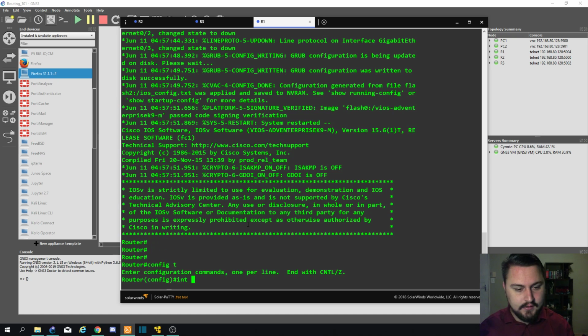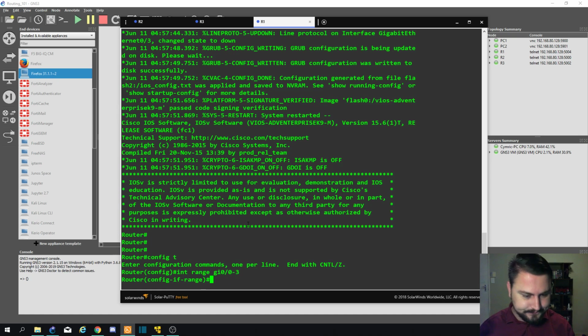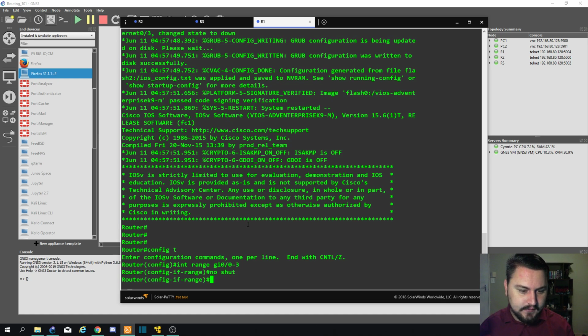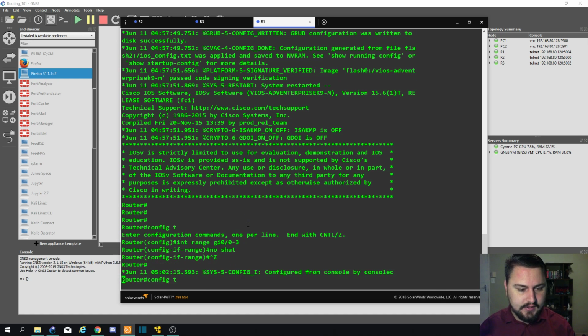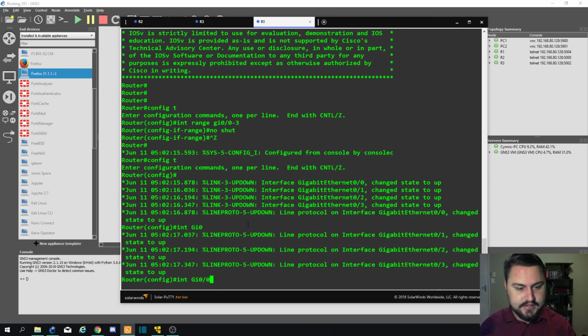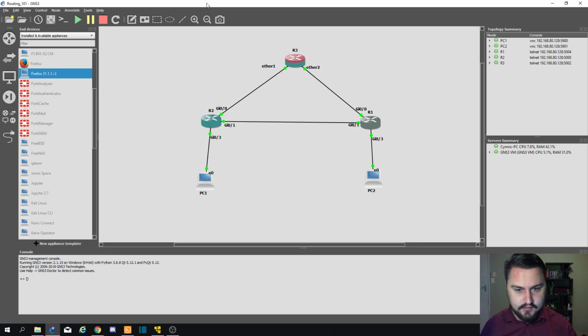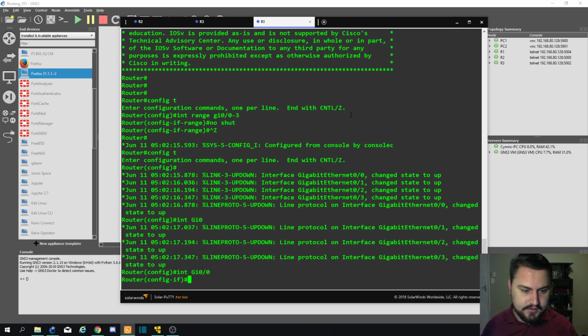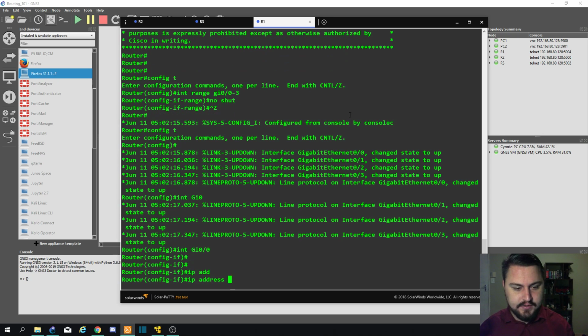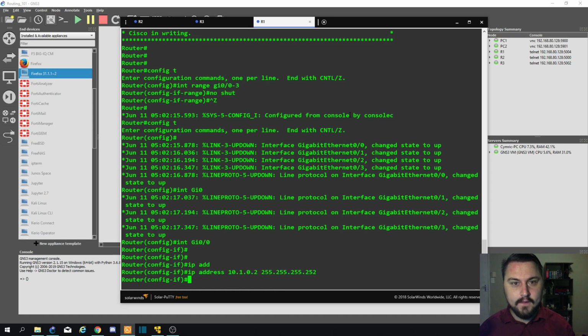Config T, interface range, GI0/0.2.3, no shut. Okay, config T, int GI0/0. Okay, my 0/0 goes to that MikroTik router. So let's just give it an IP address of 10.1.0.2 with a subnet mask of /30